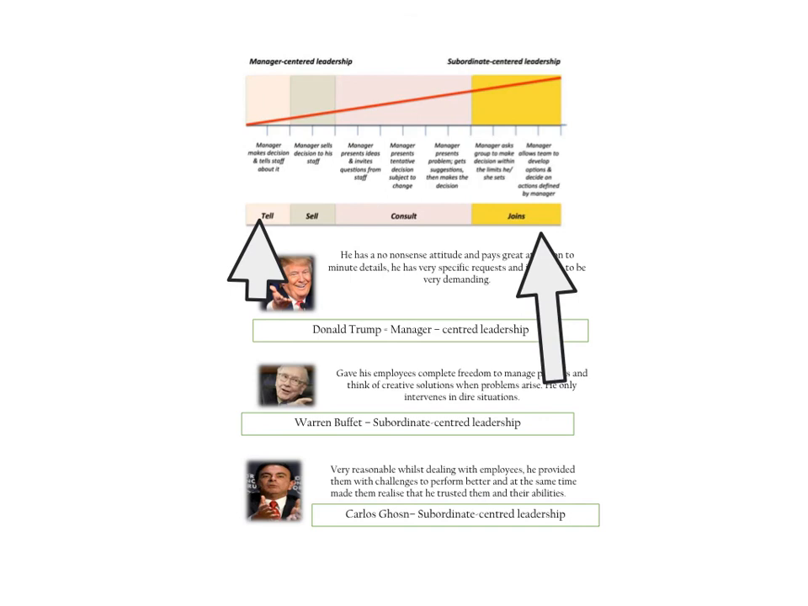And then we've got another one who's still subordinate-centered leadership, but maybe not as much as Warren Buffett. And you've got Carlos Ghosn. So he's, again, very reasonable whilst dealing with employees. He provided them with challenge to perform better and at the same time made them realise that he trusted them and their abilities. So again, not quite as far in the spectrum